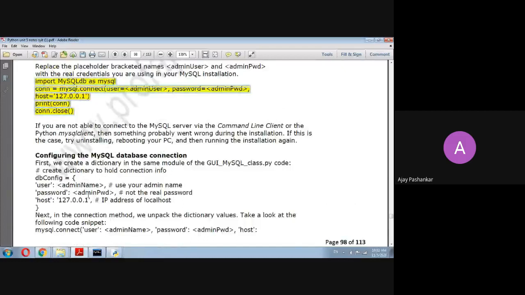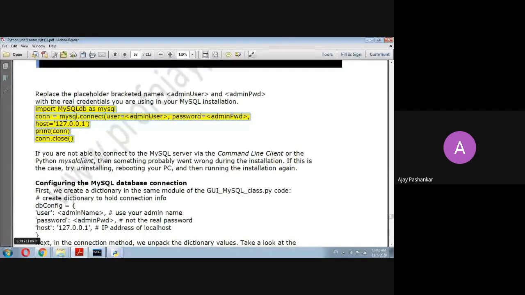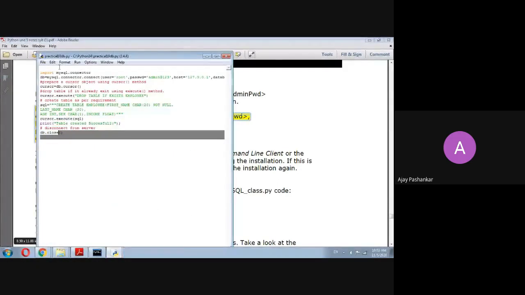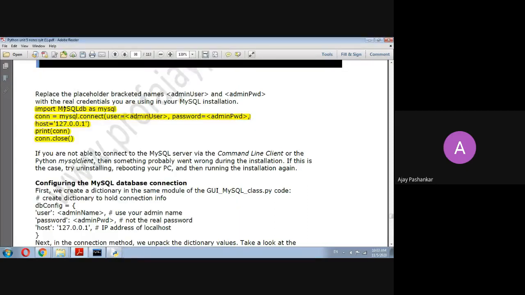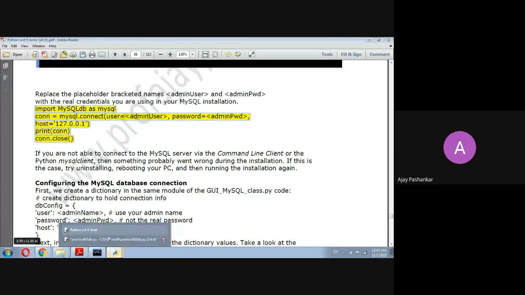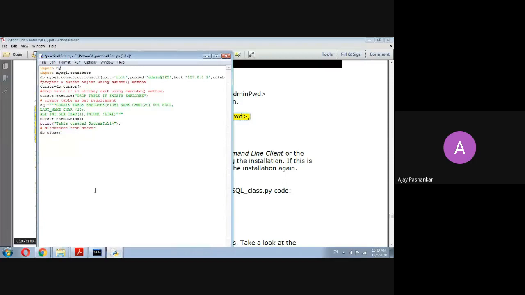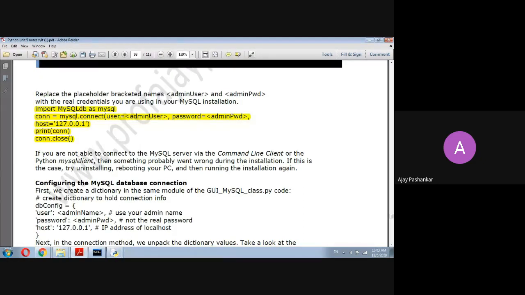Can you just configure this thing? Import MySQLdb as MySQL. Okay, I'm just using this. Just make sure that case sensitivity is there.